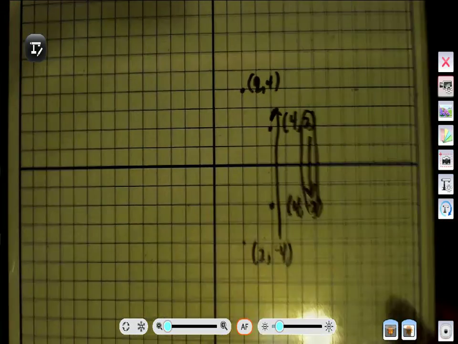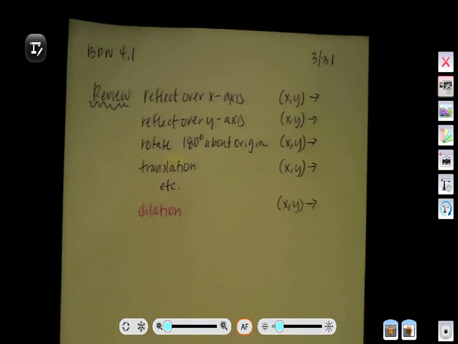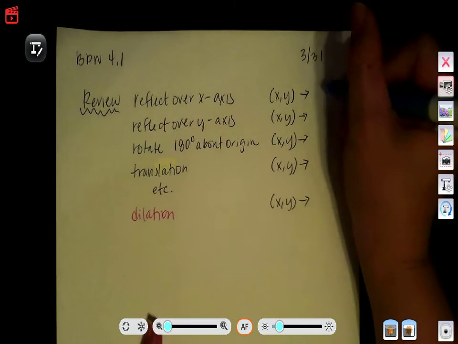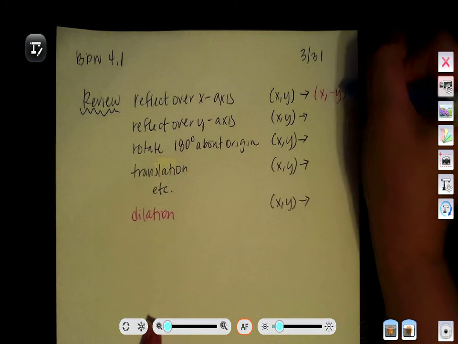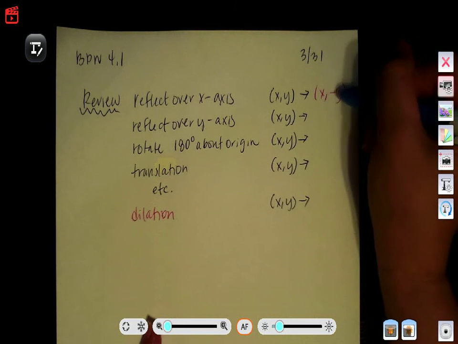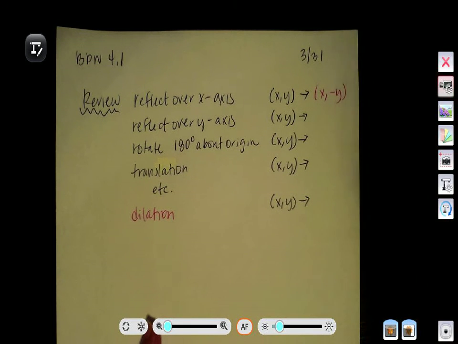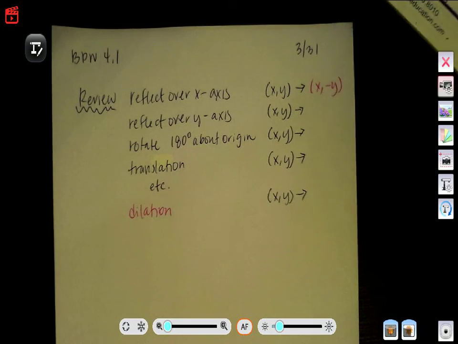So the rule that we learned was x comma y, the x value stays, and the y value becomes its opposite. It doesn't mean negative, it means the opposite of it. So if it was a negative sign, it's going to become a positive. Okay. On the other hand, reflecting over the y-axis,